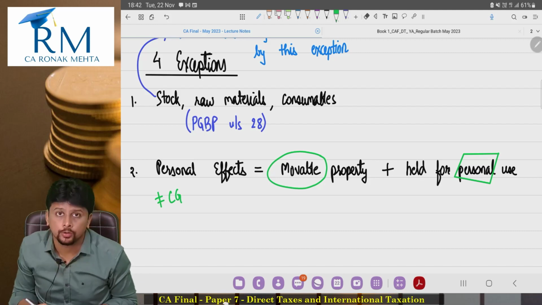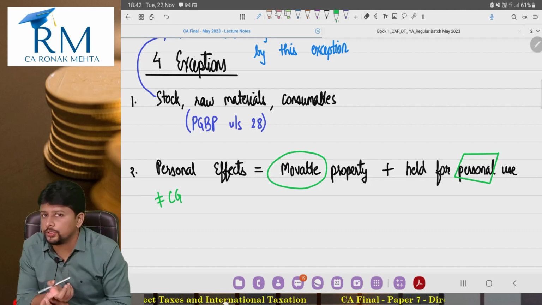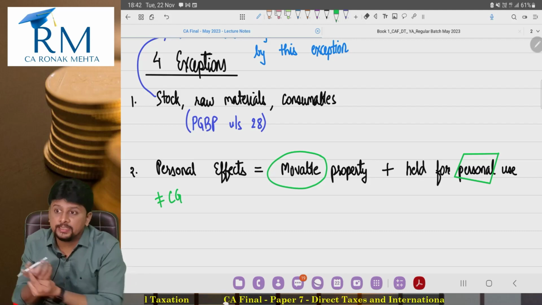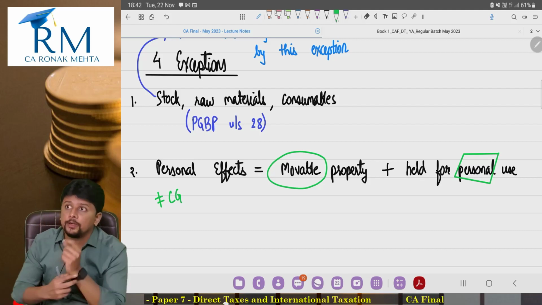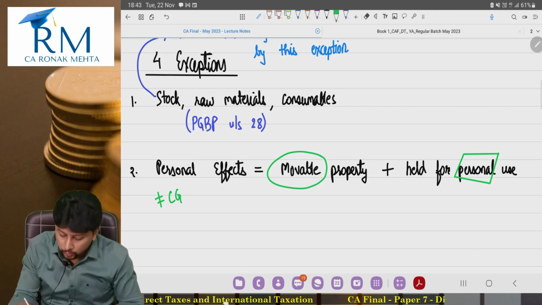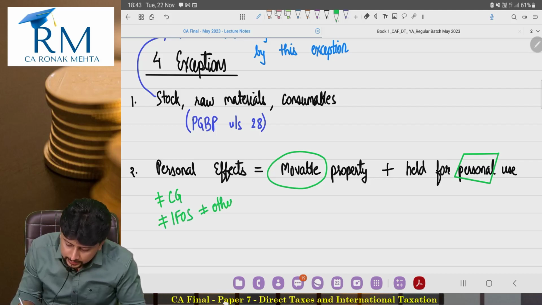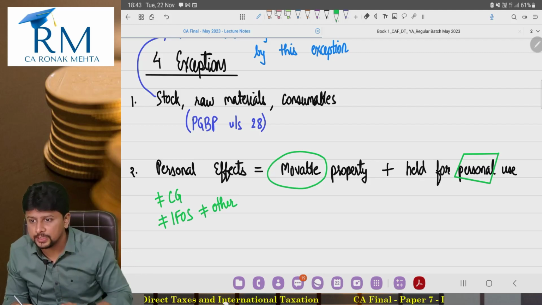That is for sure. This is not salary income. This is not rent income which you would put in house property. This is not business activity. You are selling something personal in nature and it's not capital gains. So, you might try to put it under IFOS. No. You cannot put it under IFOS. You cannot put it under any other head of income. Sir, why? The answer is on the screen.